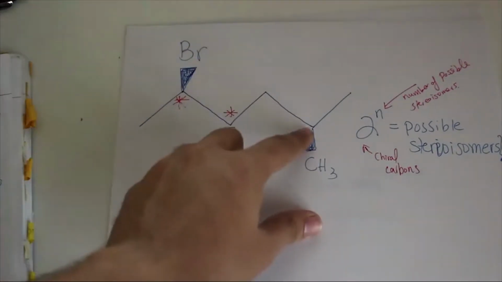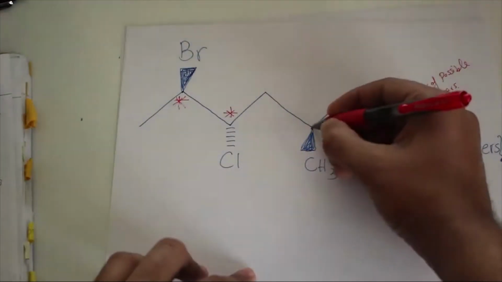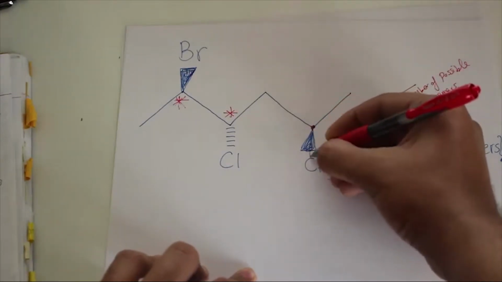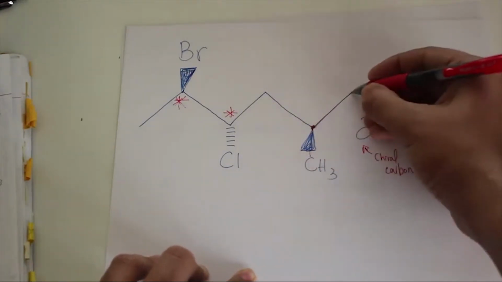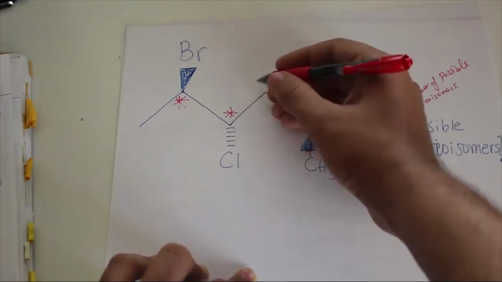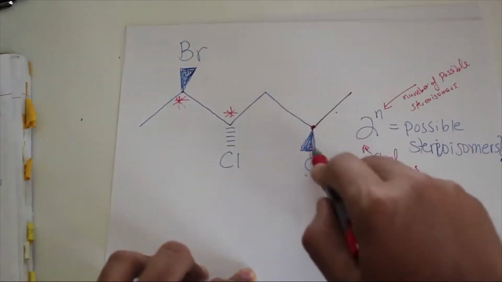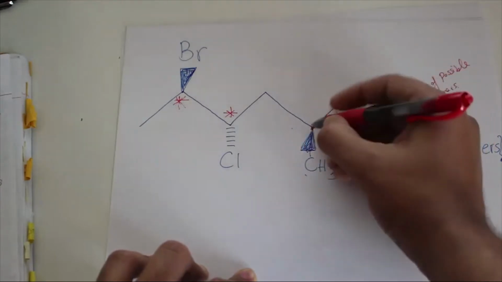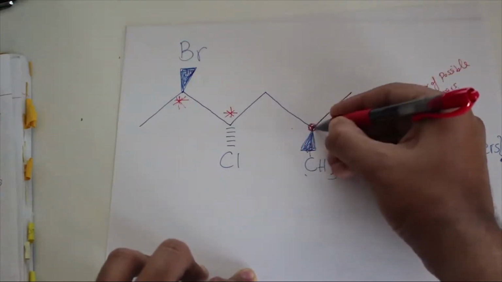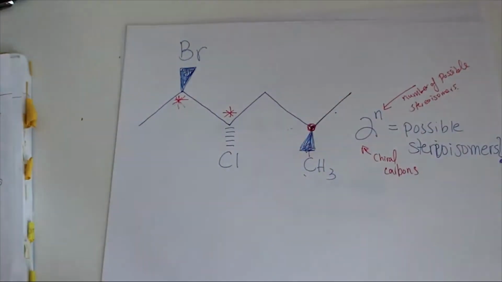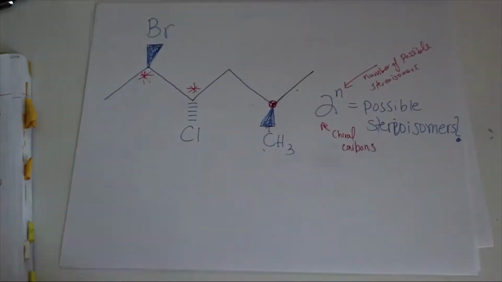But if you look over here, this carbon here is bonded to a methyl, then another methyl, then a hydrogen, and then these carbon groups coming off. The fact that this is identical to this does not make this a chiral carbon. When I say chiral carbon, I'm talking about this. Okay? So a way to know how many stereoisomers there's going to be is we take the number of chiral